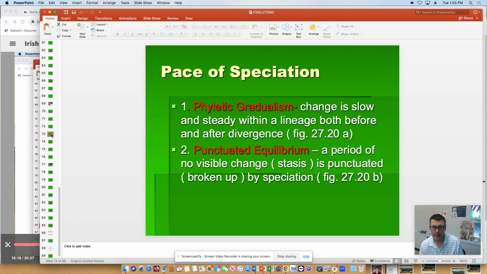I think right here. Okay, so pace of speciation. So we have gradualism. This is something we talked about before, just briefly. You can have speciation that occurs as a result of a number of really minute changes over a really long time, kind of moving a species in a particular direction